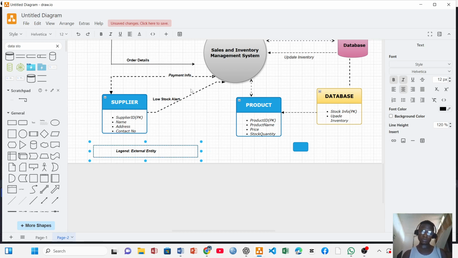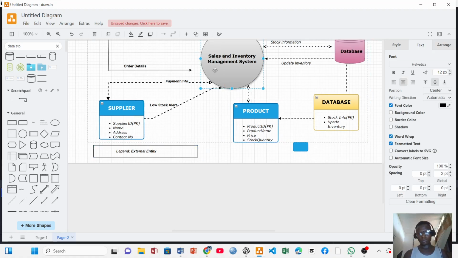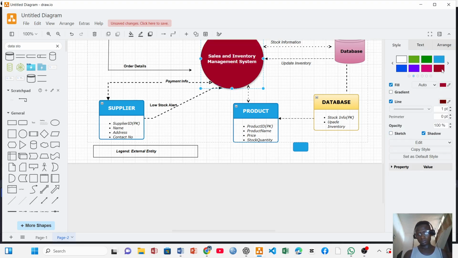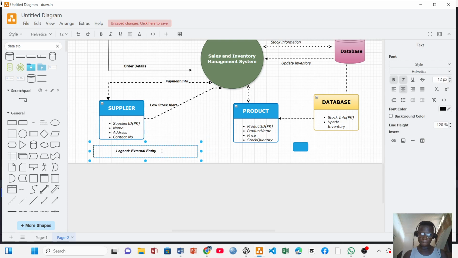Let's say, external entity. Let's say, process,